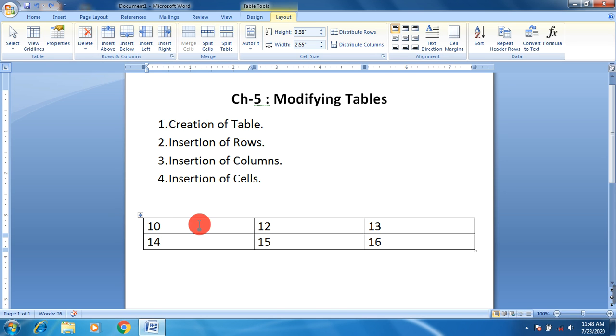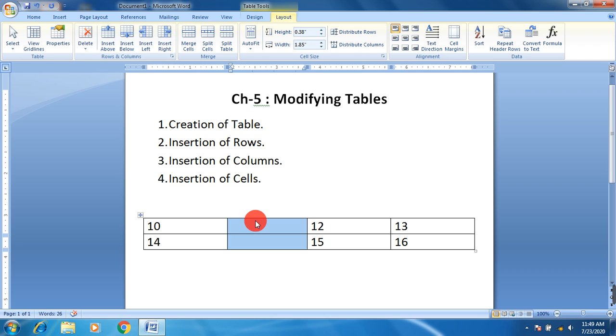Okay, so we want a new column in order to insert 11. So what we can do is to click in either of the cell, either 10 or 12 or 14, 15, anyone you can select, and we have to insert a new column to the right side of this current selected cell. So we have to use insert right option.